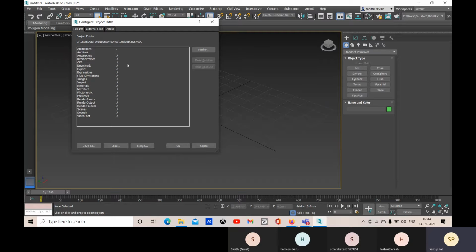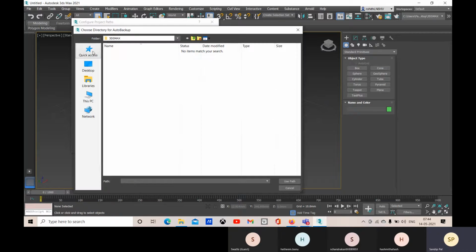Okay, so here you remember that first I have just created an empty folder, right? But they need to be saved. So after that, I'm configuring the project paths where they will be saved. So right now, these are not defined. Okay, but these two are already defined, you can see. And if I go to this modify, there I can choose this folder, double click.